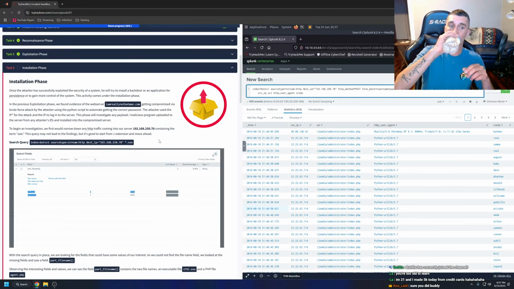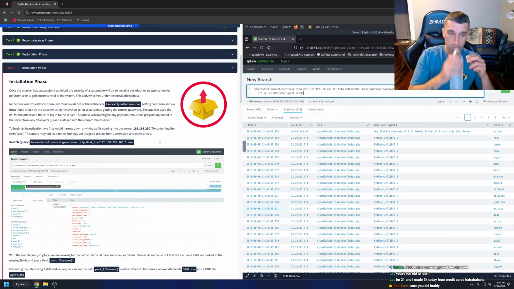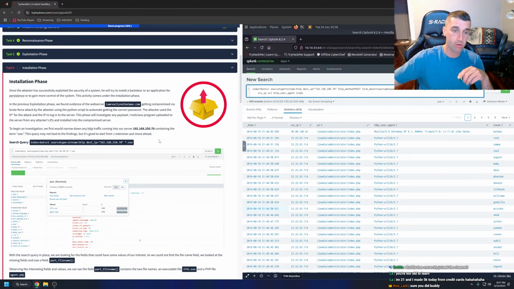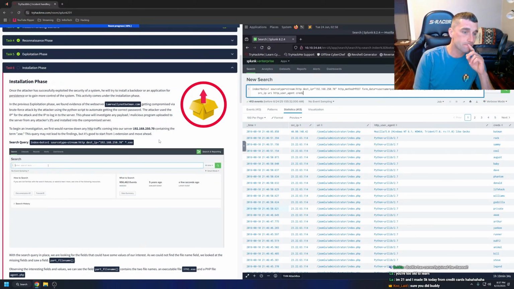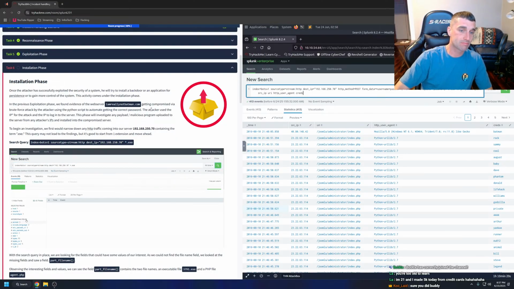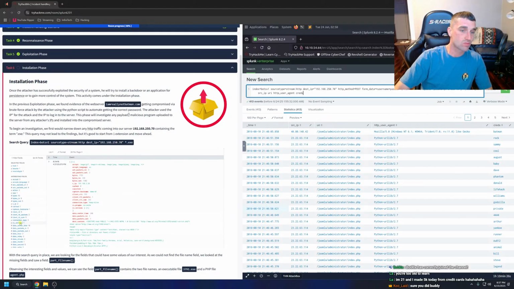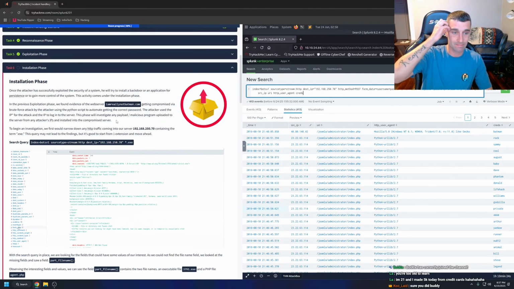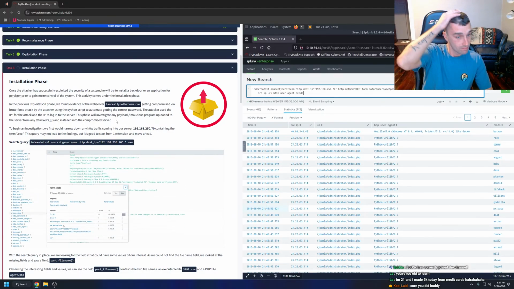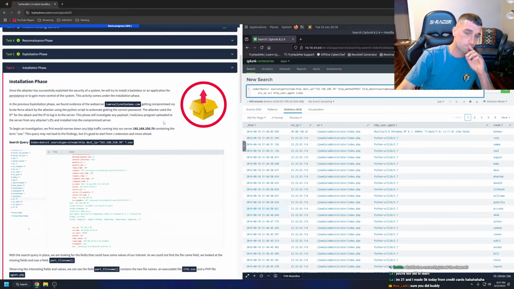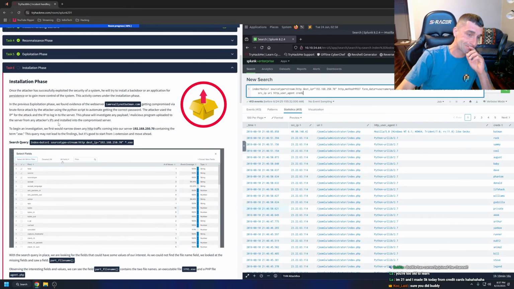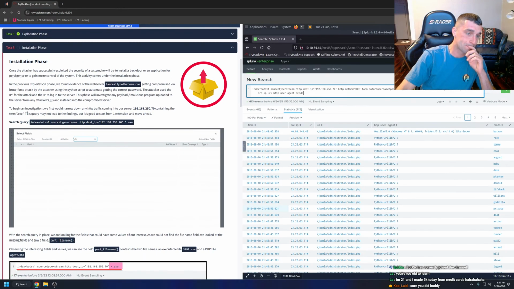In the previous exploitation phase, we found evidence of the web server imrealin@batman.com getting compromised by a brute force attack by the attacker using the Python script to automate getting the correct password. The attacker used the IP for the attack and the IP to log into the server. This phase will investigate any payload or malicious program uploaded to the server from any attacker's IPs and installed into the compromised server. To begin an investigation, we first would narrow down any HTTP traffic coming into our server